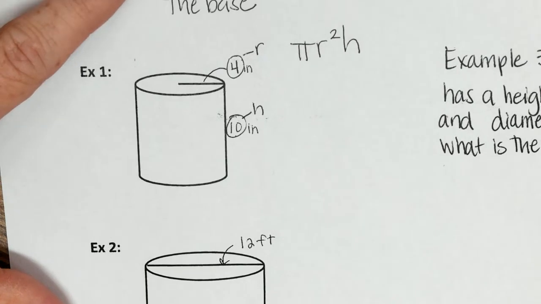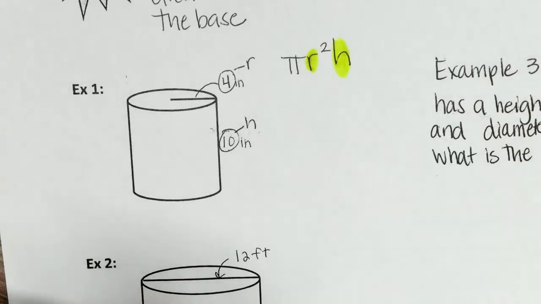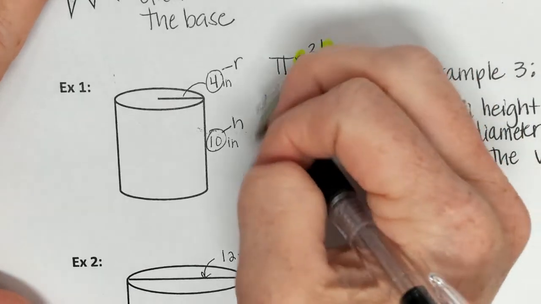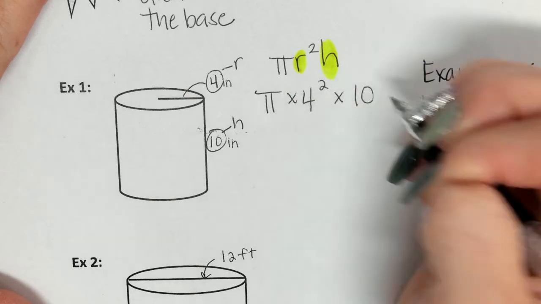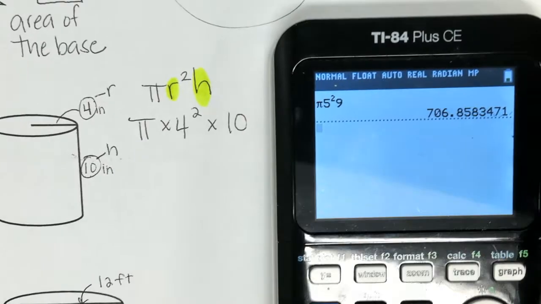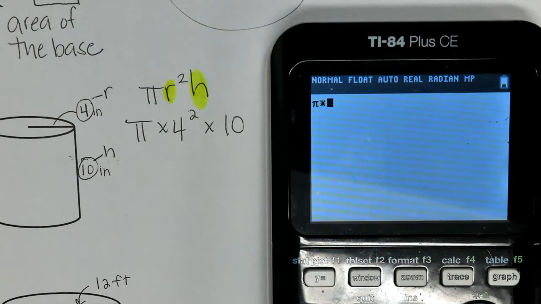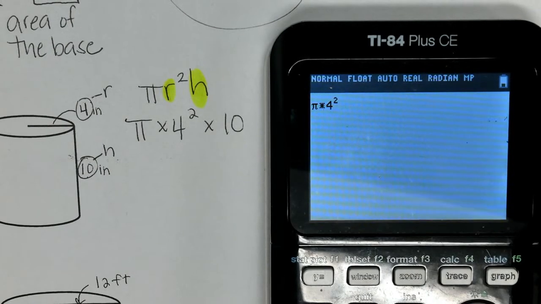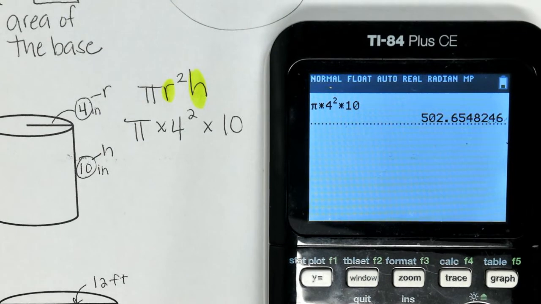All right, so I need to fill in the r and the h. So I'm going to do pi times 4 squared times 10. So I go to my calculator and I simply type it in. Pi times 4 squared times 10. So my answer is